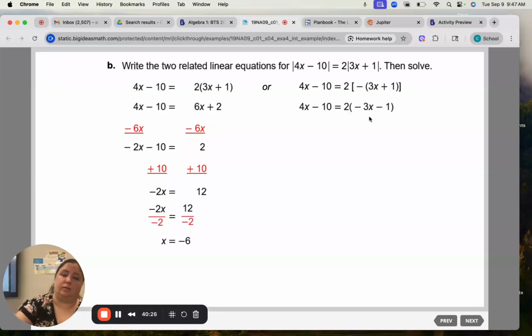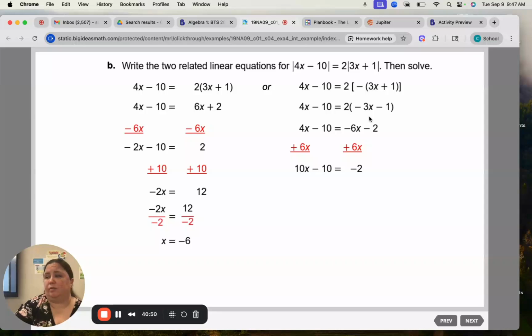Sweet. Looks a little simple. Now we can combine like terms. So I'm going to move the 6x. 6 plus 4 is 10. Now we're going to move the 10. So plus 10 gives me 8. And then divide by 10. 8 divided by 10 is